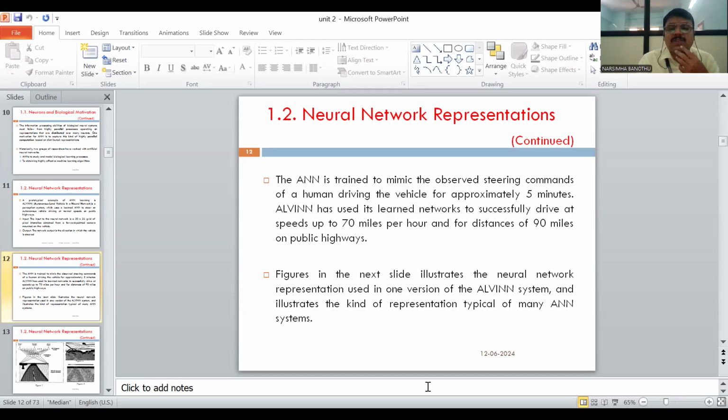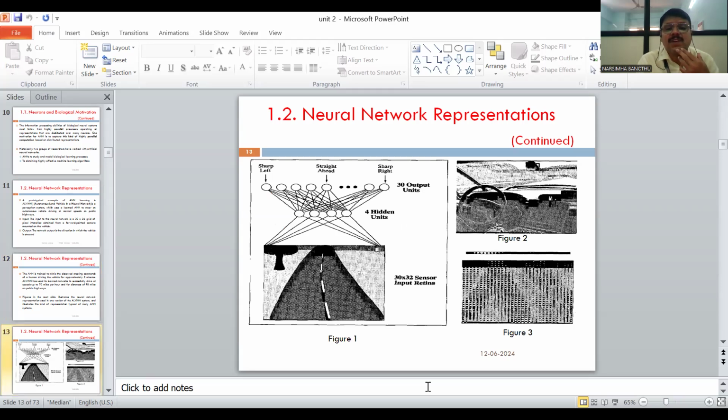Typically, in any artificial neural network system, we can observe in this diagram, in figure 1, you can see 30 output units, 4 hidden units, and 30 by 32 sensor input units. Right? So input may be like this. In figure 2 and figure 3, we can observe